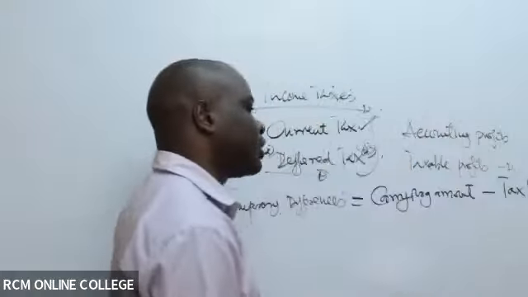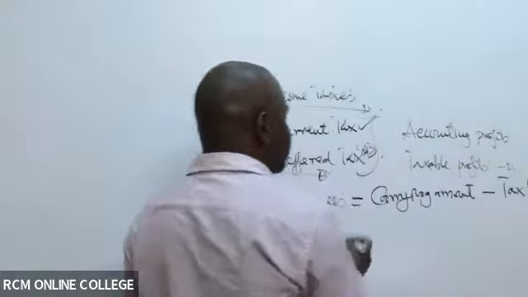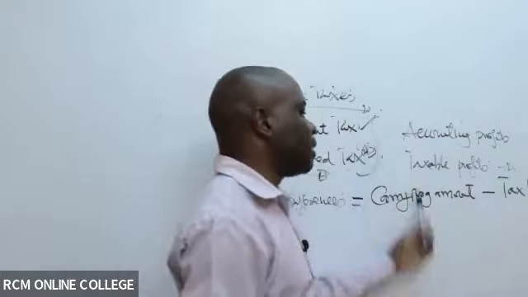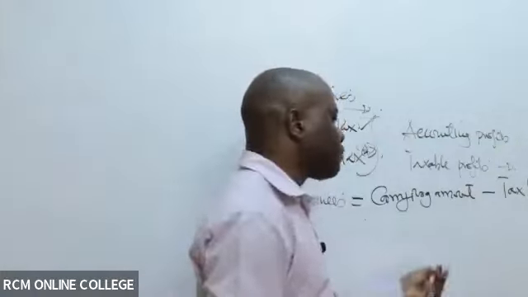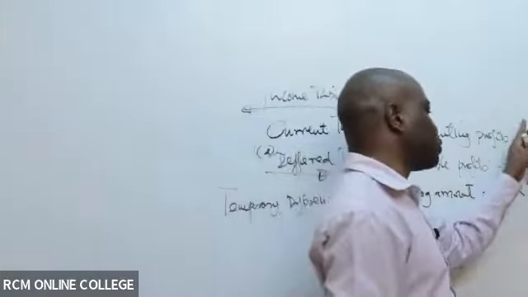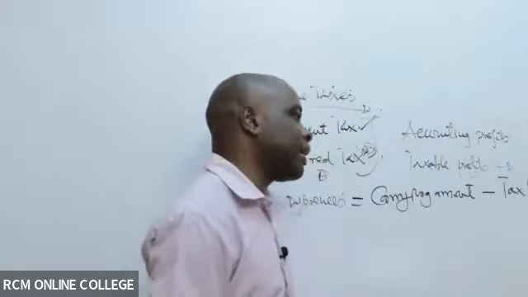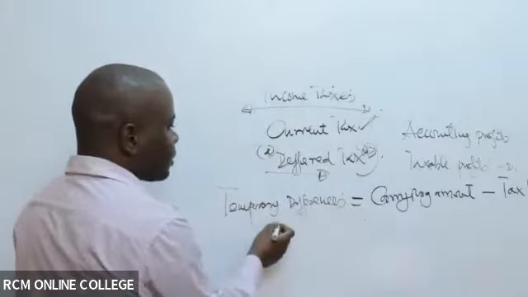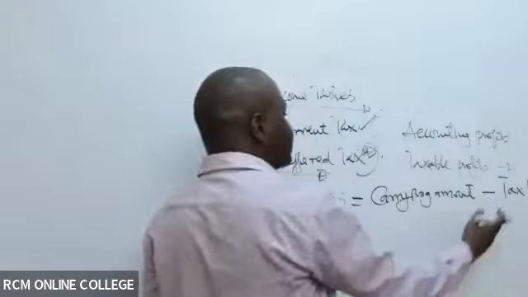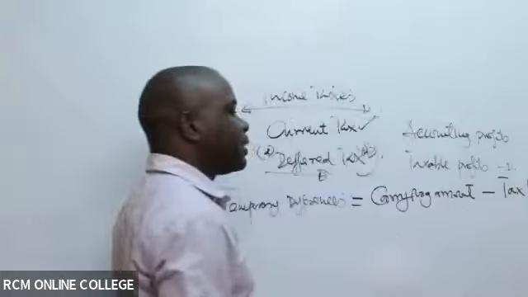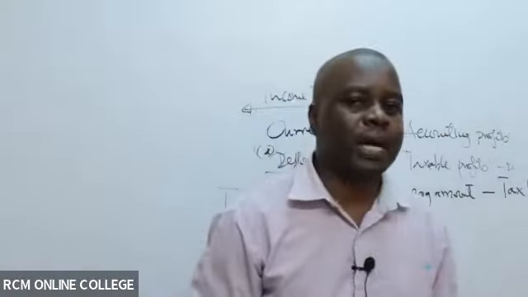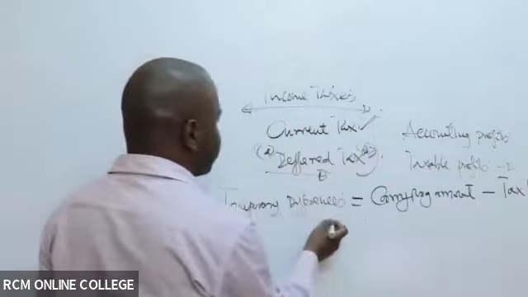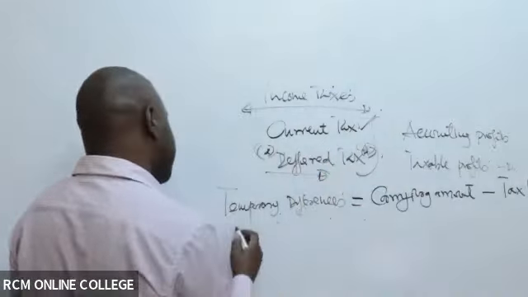The carrying amount is basically the carrying amount of an asset, or what the accountant reports in the books of accounts. You minus what the taxman considers as the value of an asset or a liability. When you get the difference between the two, you get the differences between what the accountant is considering and what the taxman considers when determining how much you are supposed to pay as tax. That gives you the temporary differences. Therefore, the deferred tax will be the tax rate,